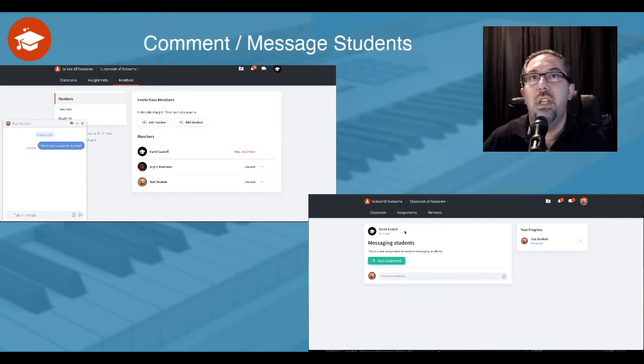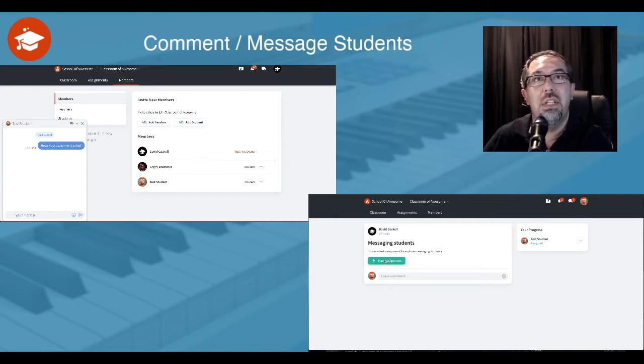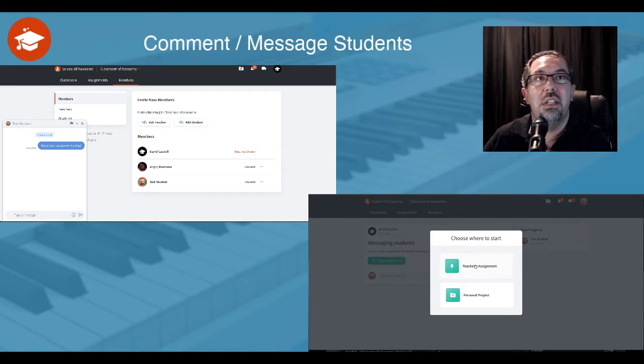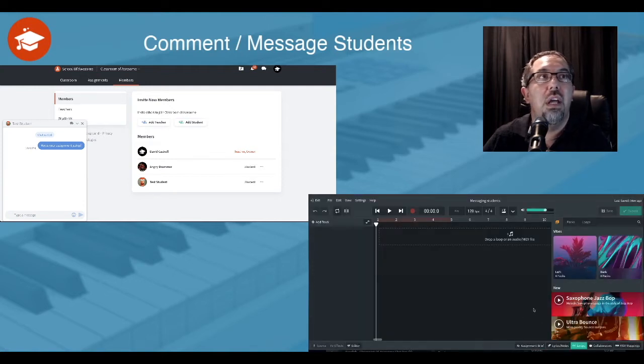Okay, so hopefully we're now seeing both views, and I can now start this assignment. The student can actually see there's a message there, so they can reply there, and the conversation can continue in the chat. Let's go into the assignment. So they're going to start the assignment. Might have them play with the loops. Now there's nothing in here other than you saw that previously there was a notification on the chat. But if they know to come and check over here,